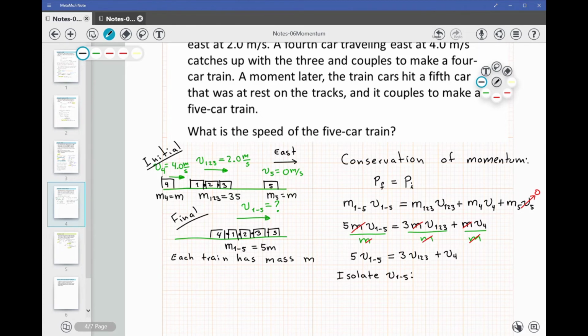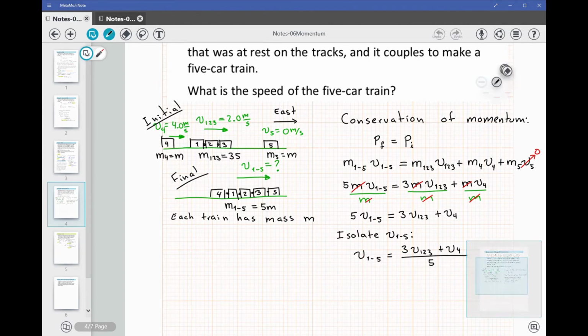So after dividing by 5, we have this equation. And all we have to do now is replace the initial velocities for trains 1, 2, and 3 moving together, and the velocity of train 4,